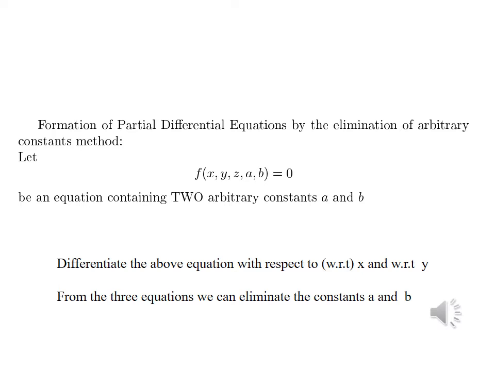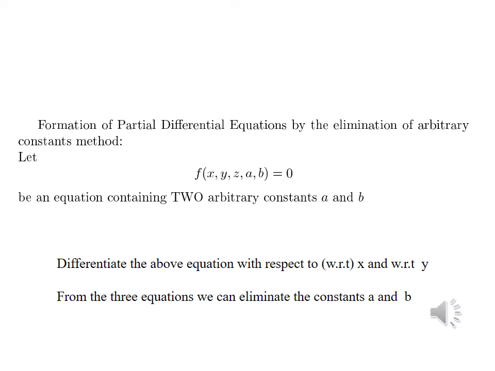To form a partial differential equation by eliminating arbitrary constants, suppose that we have a function f(x, y, z, a, b) equals 0. It contains two arbitrary constants a and b. To eliminate a and b,